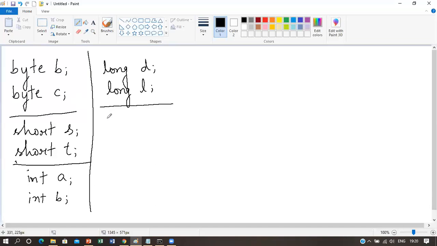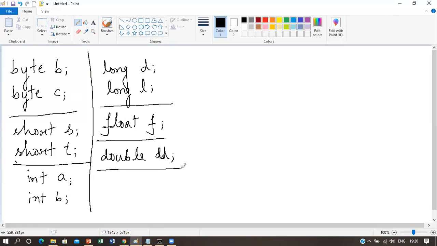Now let us write how float variables can be declared. So this is how float variables can be declared. And this is how a double variable can be declared.